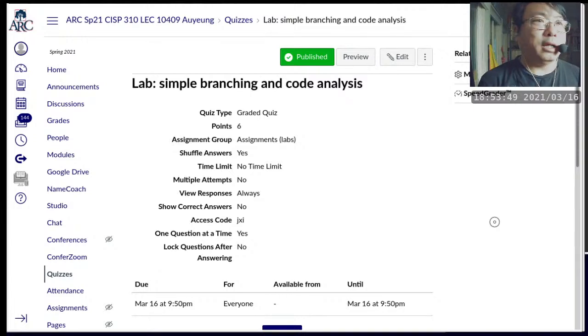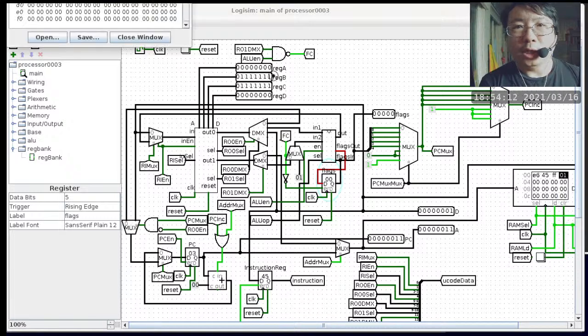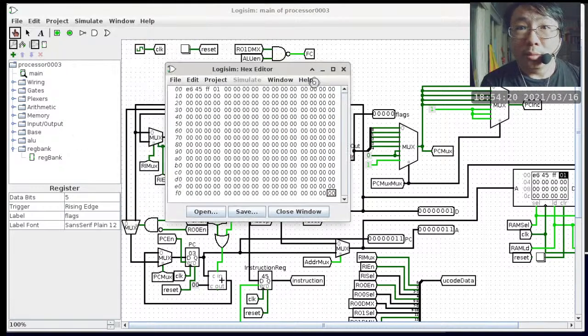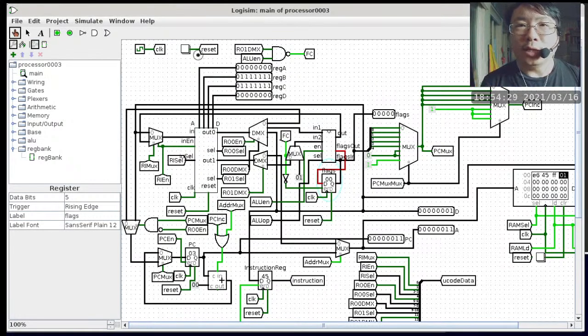Alright, so I think the operation is already fully specified. I mean, the instruction is fully specified. But I do want to point out one thing, just in case people want a demonstration of that one. So I'm gonna do this one last part here. Let me change, I'm keeping the program. I'm changing the last location to a 0, 1. There we go. Alright, so there's one little thing I do want to demonstrate